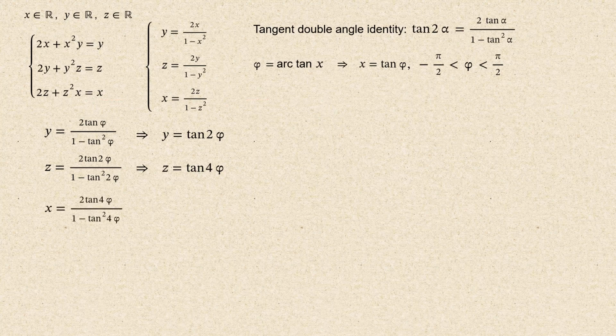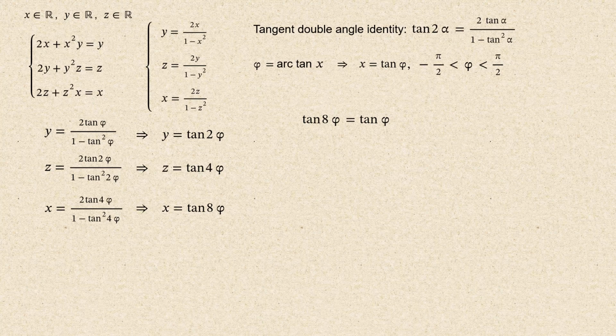And for the third time we apply tangent double angle identity. And we substitute. No, we can't, because there are no more equations in the system. But hold on, we had another expression for x. X equals tan of phi, while the new expression is tan of 8 phi. Can we avoid this ambiguity? Yes, we can, by just assuming that tangent of 8 phi equals tangent of phi.